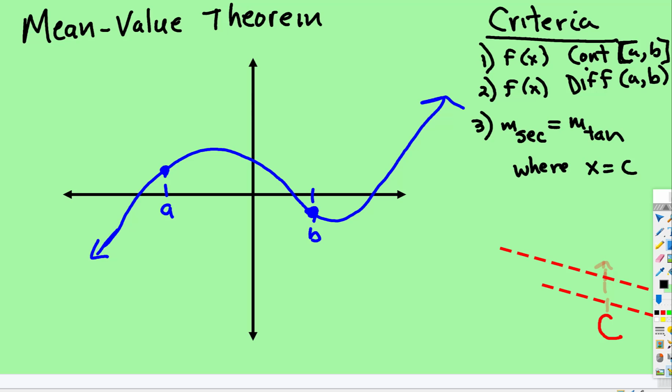Okay, I'm going to introduce a theorem, the mean-value theorem, and it's related to mins and maxes and using the derivative to find things. This theorem has some criteria. Well, first of all, what the theorem states is that